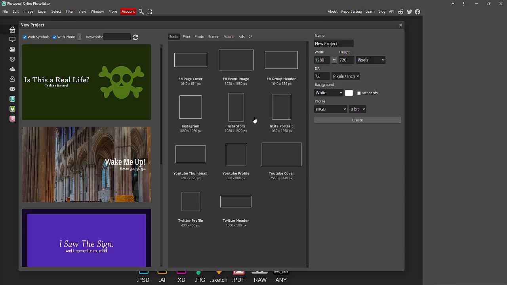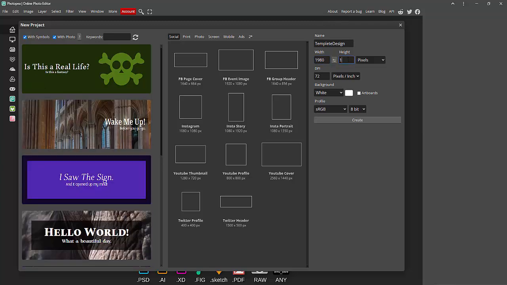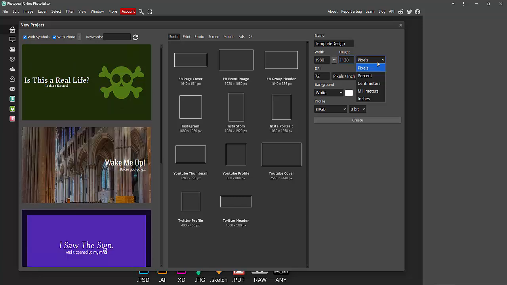Then we see the new interface again. Now we see the new project name. Now, project name from template design. Now you can see, then we set the size to 9 inches, and pixel then inches. Now choose pixel and DPI